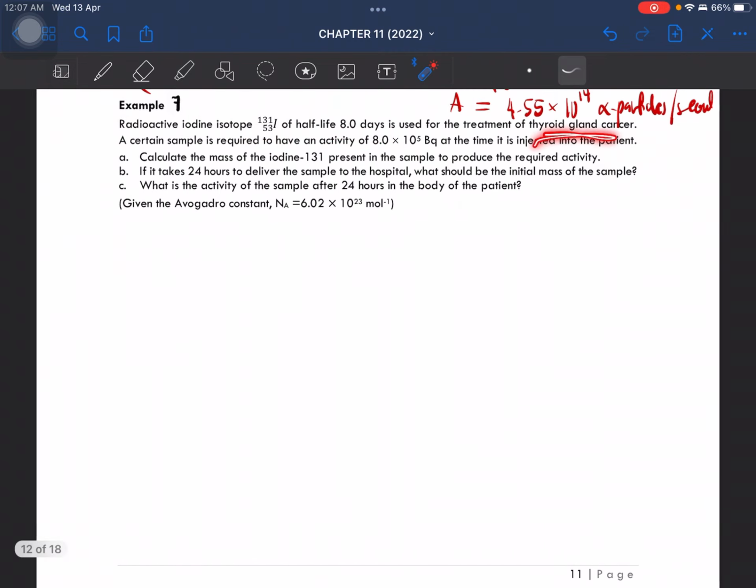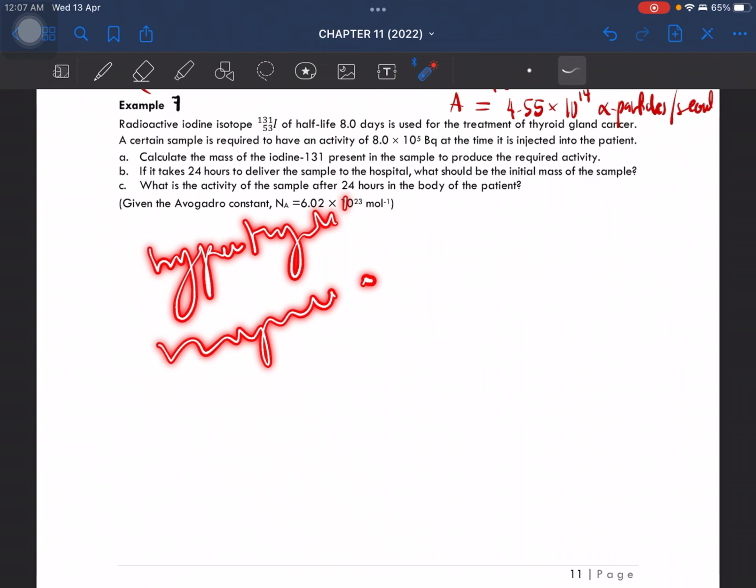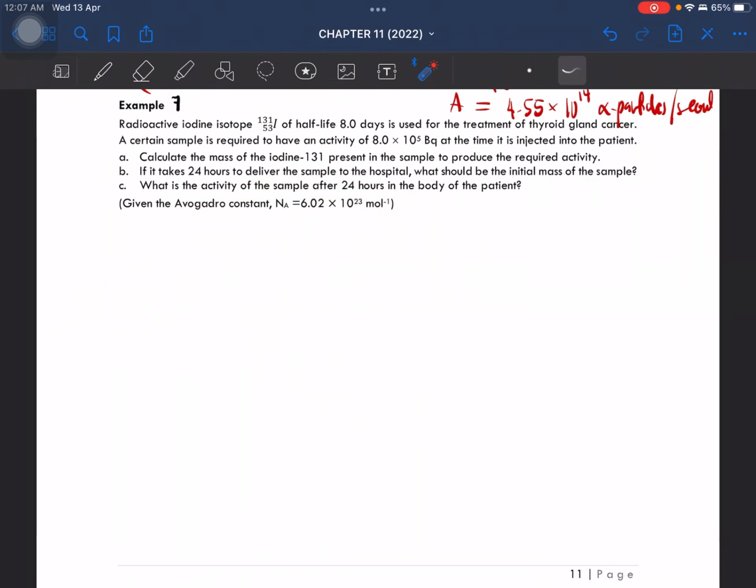Ooh, thyroid gland cancer. I have hyperthyroidism. Thank God I don't have cancer. Okay, this is actually new knowledge for you. If you don't know, we have hyperthyroidism and we have hypothyroidism. Actually I'm diagnosed with hyperthyroidism, and for the treatment, some people can accept radioactive iodine. If I'm not mistaken, they would ask you to drink this radioactive iodine for the treatment of